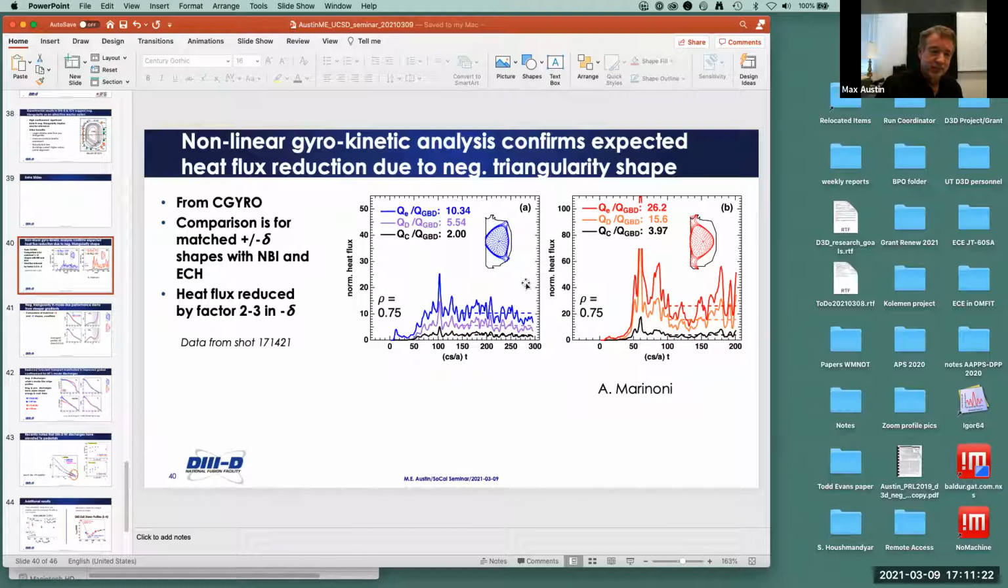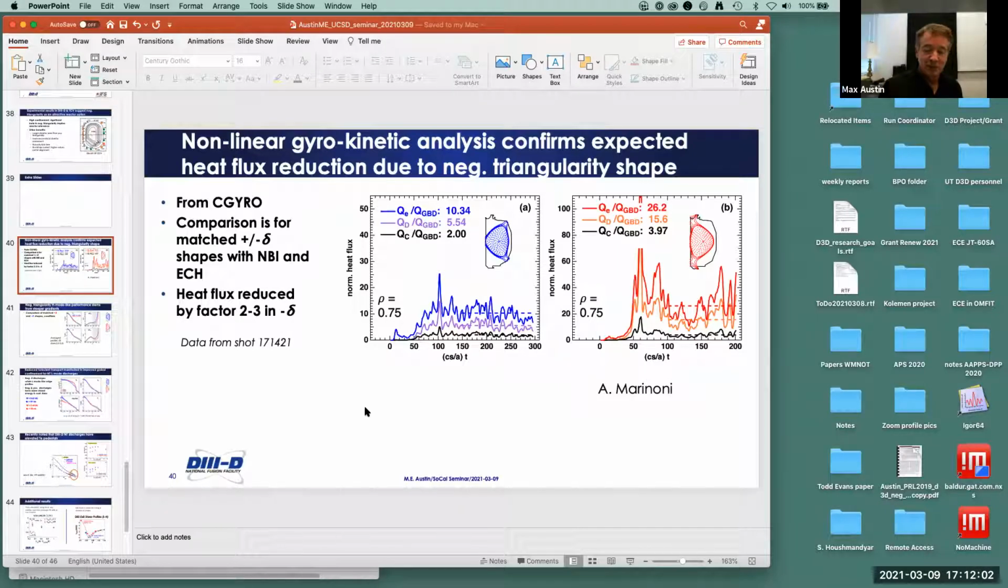This is negative triangularity and matching positive triangularity. The profiles are from one of the experiments with both neutral beam and ECH, so Te is approximately equal to Ti. And the gyro simulations show significantly lower energy flux for negative triangularity compared to positive. Notice the scale is a factor of 2 different, and these are still higher. So I think reduced fluctuations and reduced turbulent transport